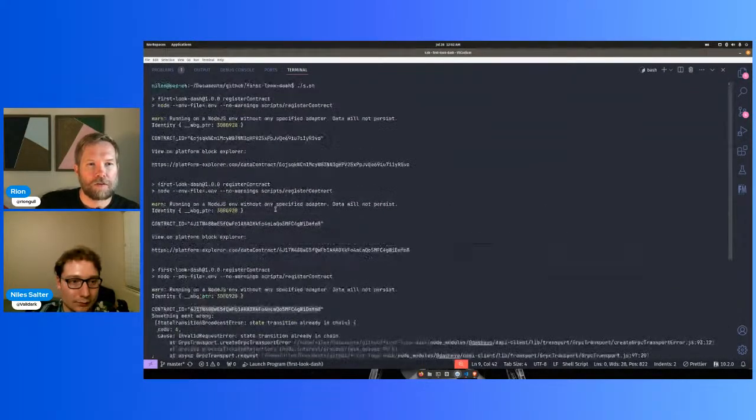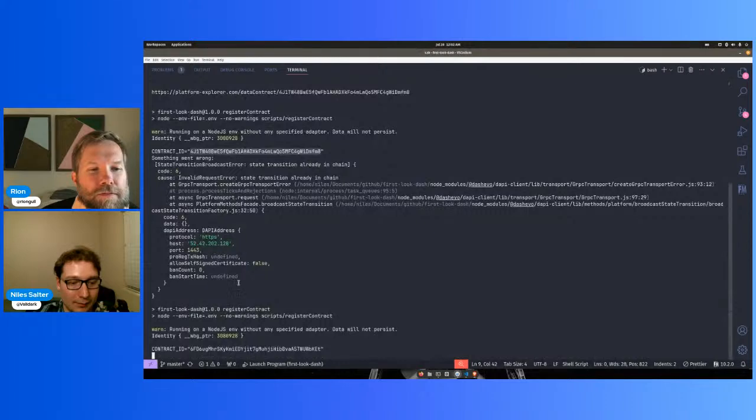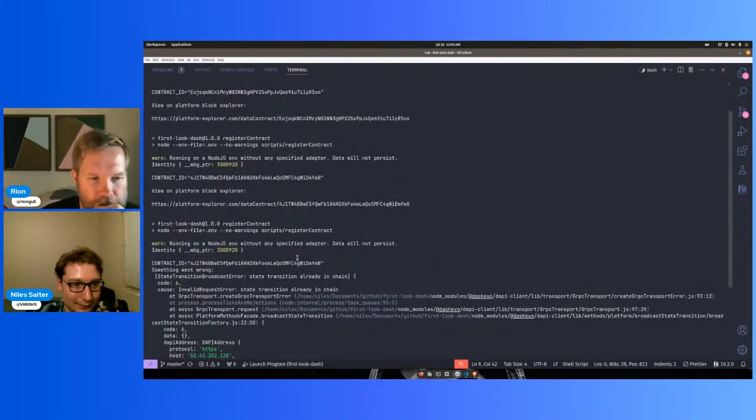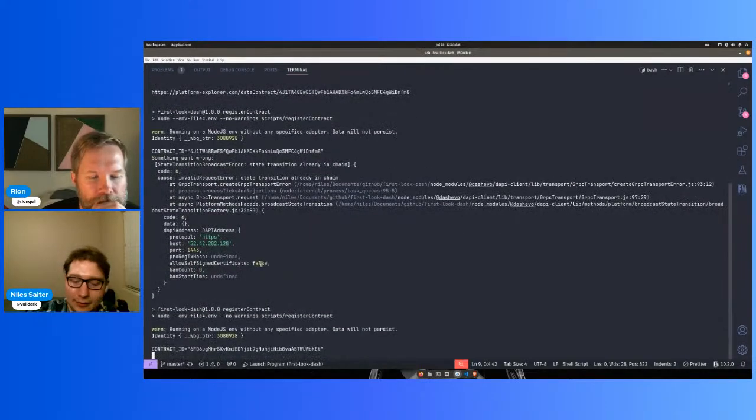Oh. That's not the error I'm looking for. We used the same contract twice. I might have hit a button, to be honest. That's so weird. If I knew why it was using the same contract ID, then I could just do it in JavaScript, but